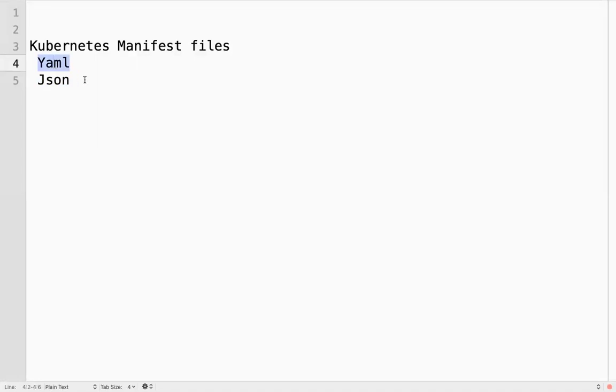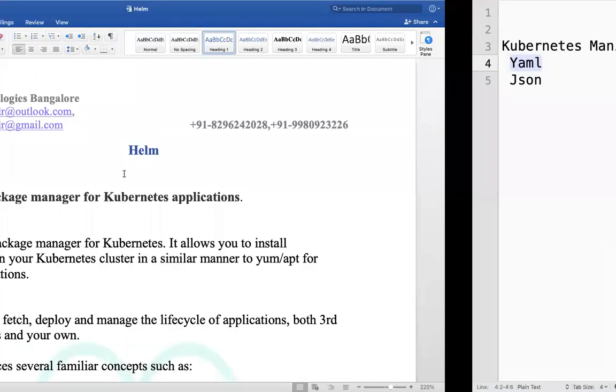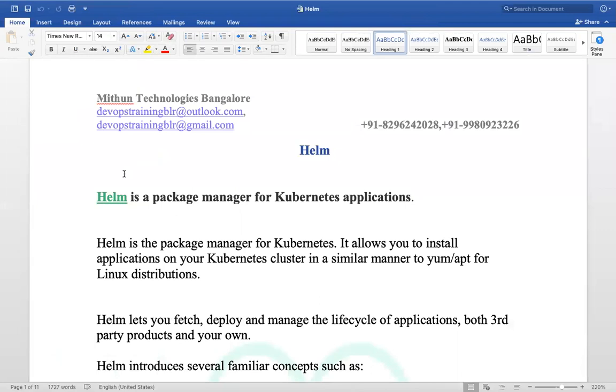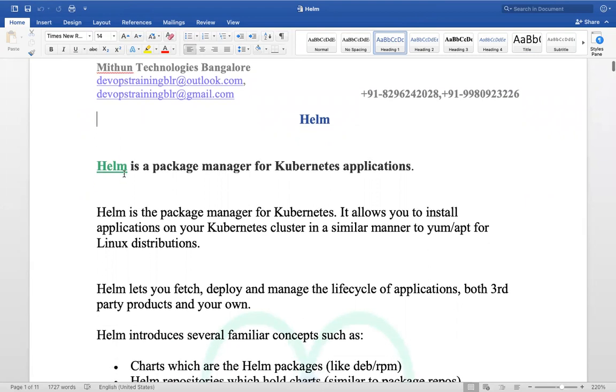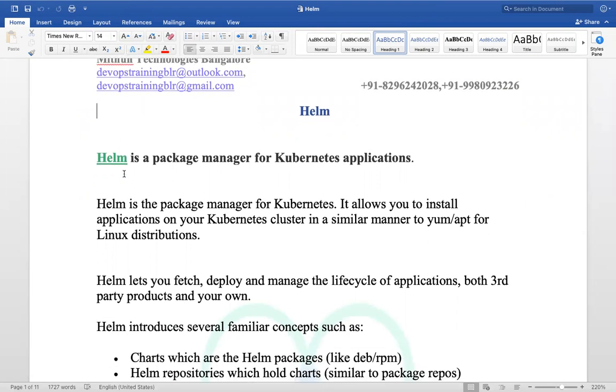We will use Kubernetes manifests as YML, right? Managing or deploying Kubernetes applications will be very difficult sometimes with all these manifest files, right?